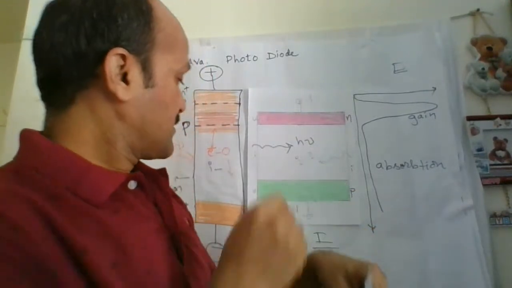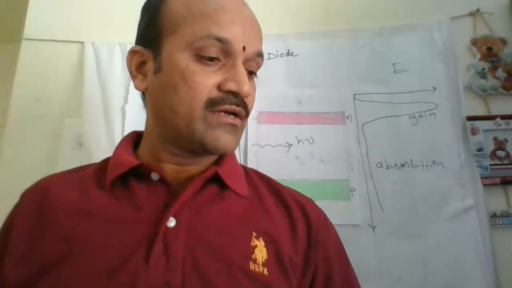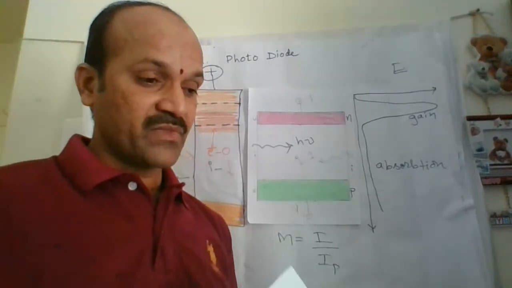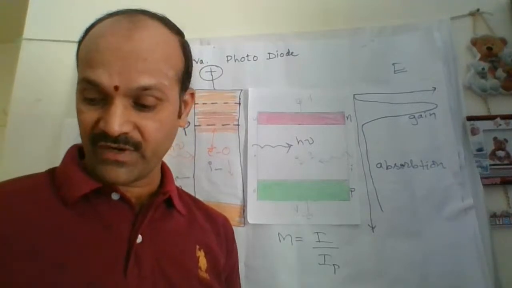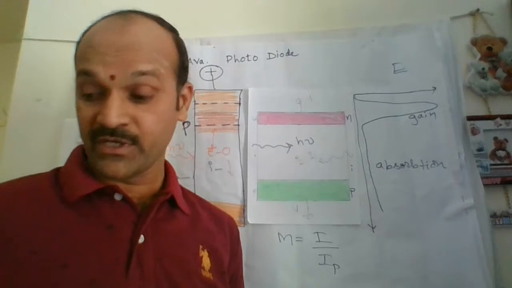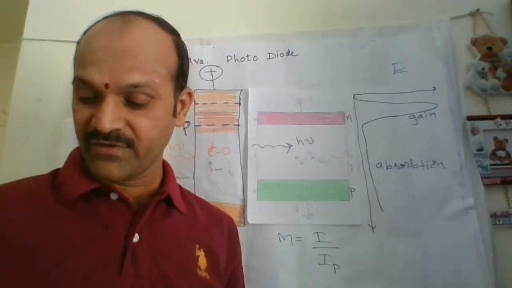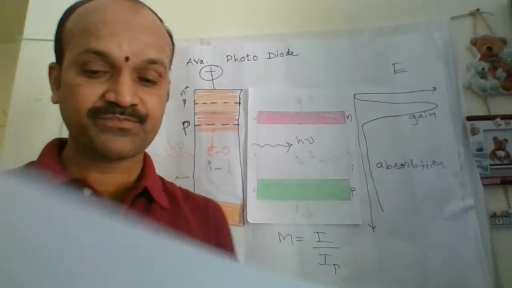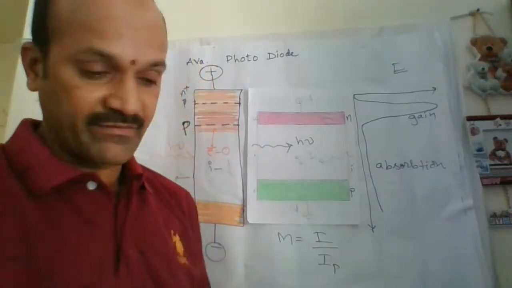Let us see how this current varies with the intensity of light. If you see the graph, that is very important in case of PIN. That's what we can do in the lab. We can study the VI characteristics of this PIN diode. See, in this PIN diode, if you see the graph,